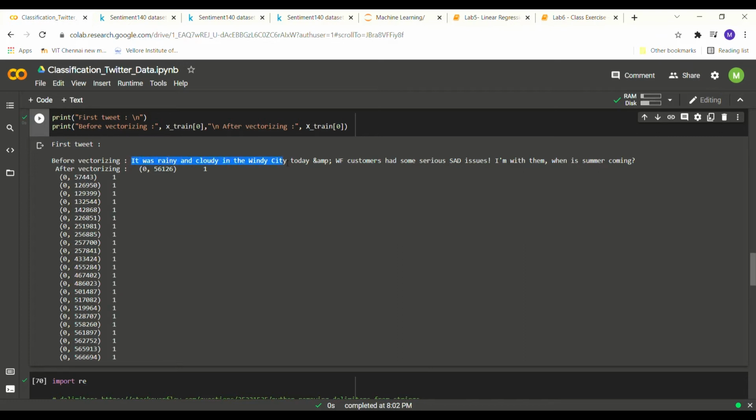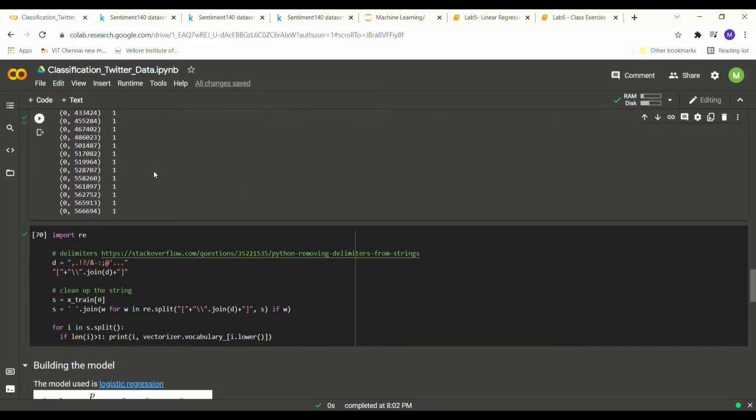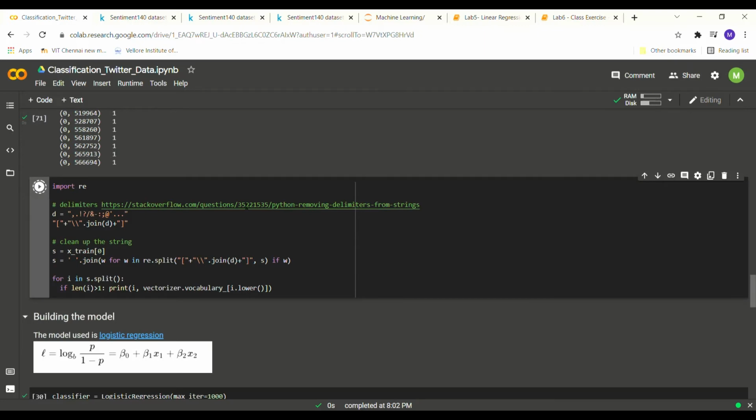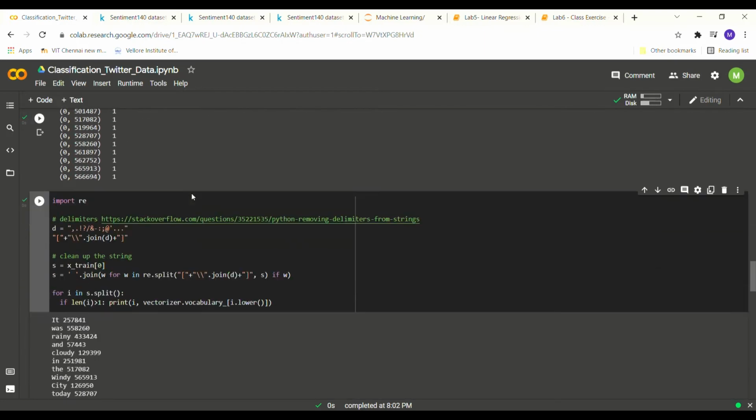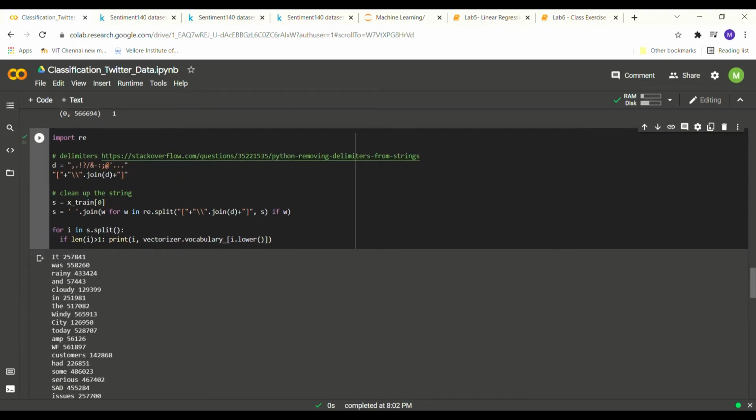Before vectorizing, it was in the form of text, and after vectorizing, we get the index of each word in the particular tweet, and also the number of occurrences of that word in the tweet. Just to get an idea about each of the words in this tweet and its particular index, it has an index of this much, and was has an index of this much.